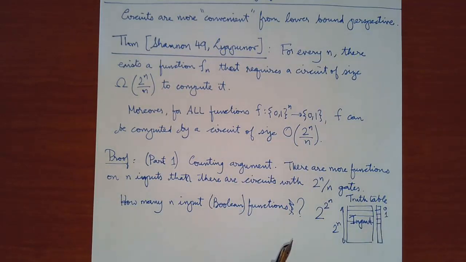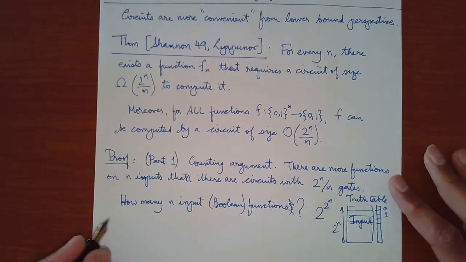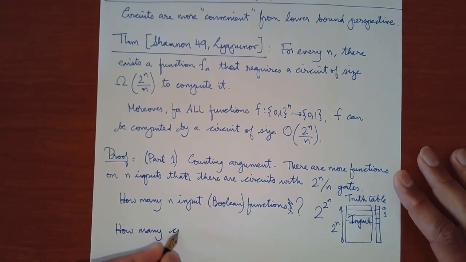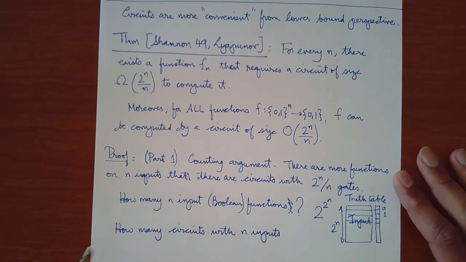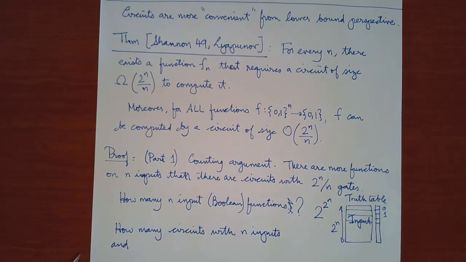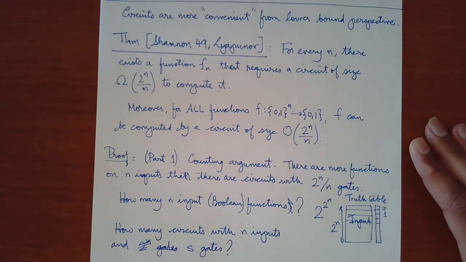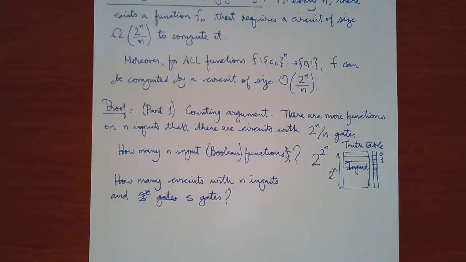Great. So what we are now going to do, and this computation is a little bit more careful, is you have to count how many circuits there are with 2 to the n divided by n gates. So let's abstract that out and instead say how many circuits with n inputs and, instead of 2 to the n, let me just call it s gates. Okay, so let's think about, abstractly speaking,